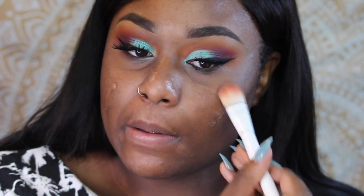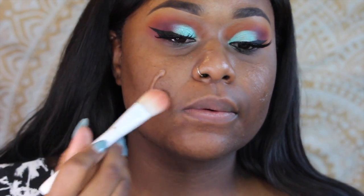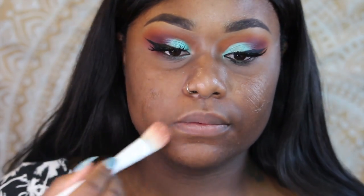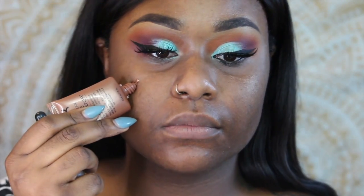I do just want to show you guys my primer and my foundation. I'm trying to keep my hands off my face because if you guys don't see it, I see everything. All I see is blemish, blemish, blemish, blemish on my face. I'm breaking out. I see it. I know it's real. But I did want to show you guys this foundation routine that I've been doing lately,